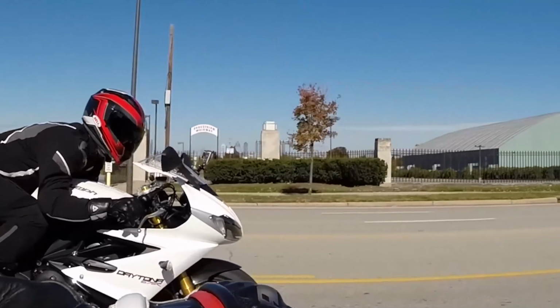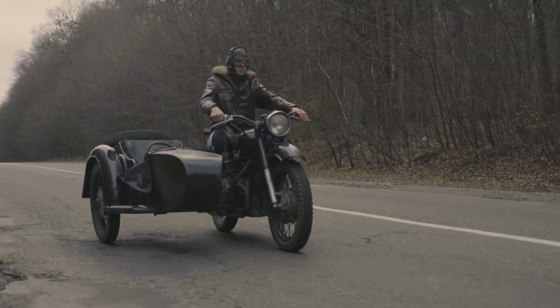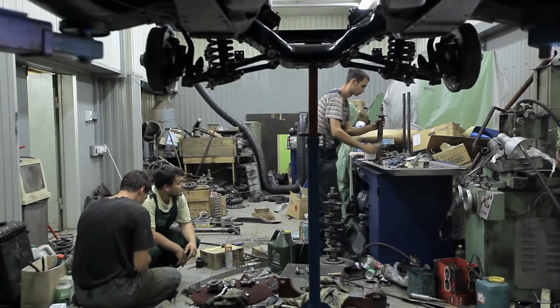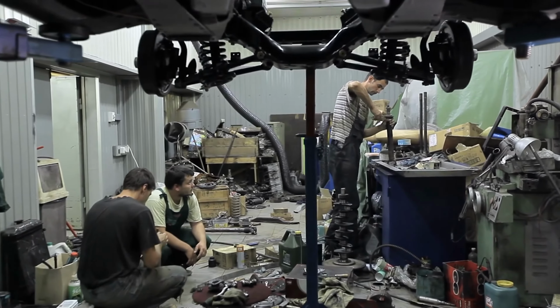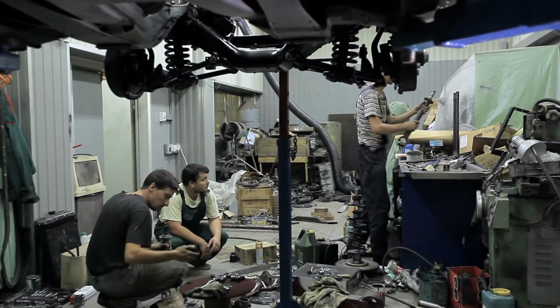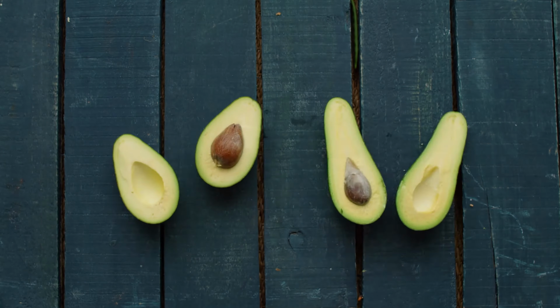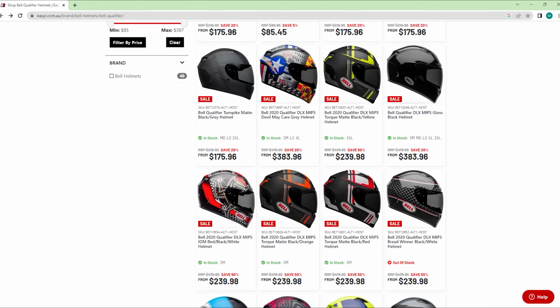Now, Bell was born in the 1950s out of a garage in California by Roy Richter, who set out to change the racing world, offering affordable options but not scrimping on the features, and the Qualifier is no exception to that rule. For not much more than a couple of cheeky avos, and that's Australian slang for a $100 bill if you didn't already know,